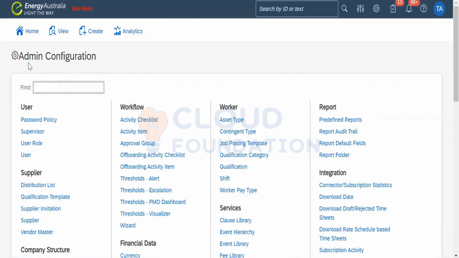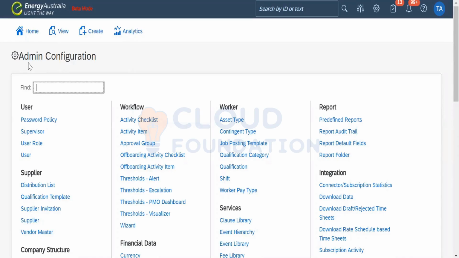That covers the user entity within Fieldglass. We spoke about the password policy, setting up the password policy, which is simple stuff. We understand it. It's general in nature. We understood the user role and the importance of it, and we understood the user data and its integration part, how it's been integrated and where it comes in from.